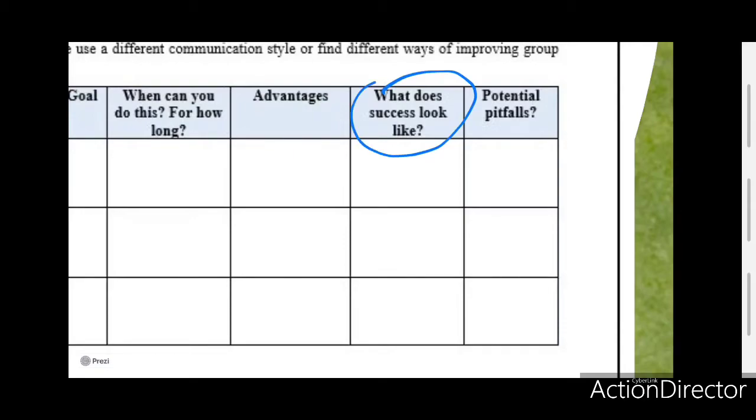Basically, what will success look like? If this works out, what will it give you? And when will you know it's actually working? What results are you expecting? If we go back to communications, for example, you identified communication as an issue, you filled out all the boxes. Well, success might be something along the lines of, I will notice that my communication is more effective, I'm getting more positive feedback from my audiences, and so on and so forth.